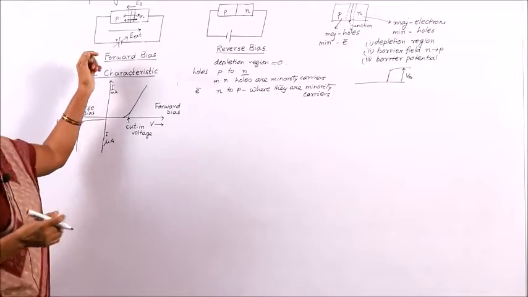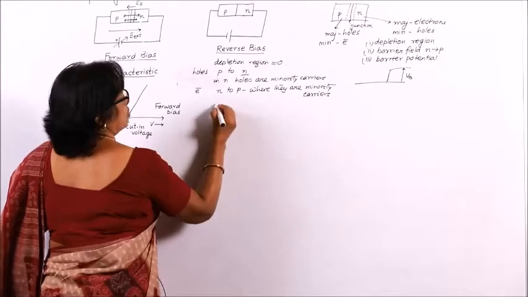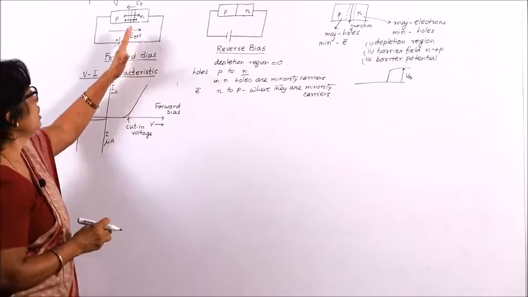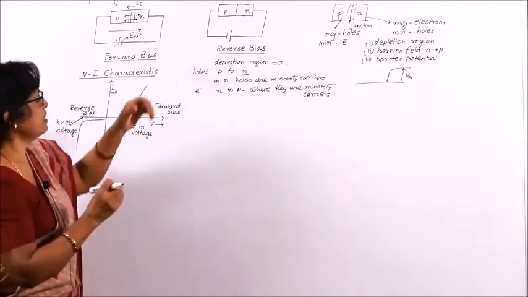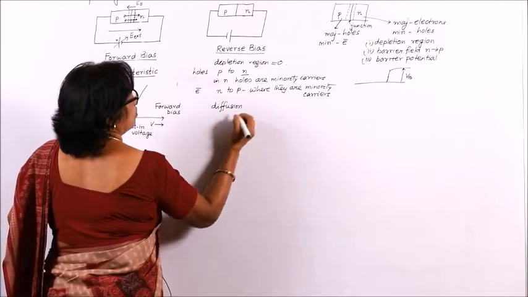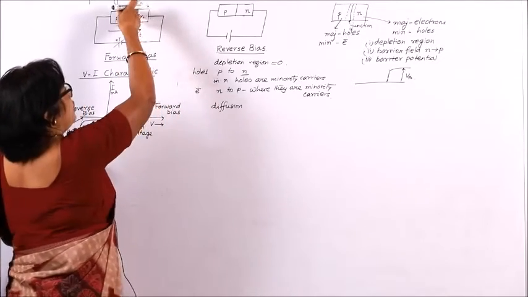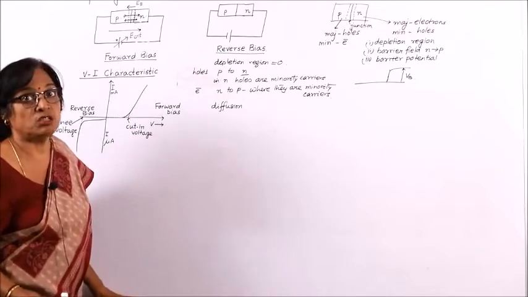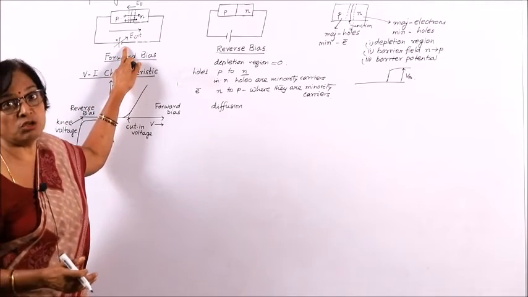So, the minority concentration increases near the junction. The density, that means the concentration of minority carriers, increases near the junction. Away from the junction, there are fewer minority carriers. So, there is a diffusion from the entire N region, as the minority carrier concentration is more here and less here. So, there will be a diffusion of minority carriers, and there is also drift, but the drift value here will be very small.